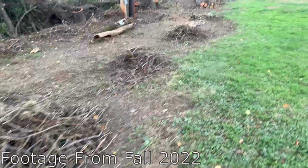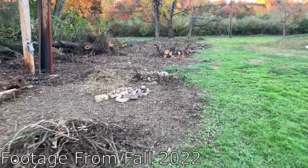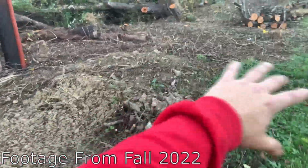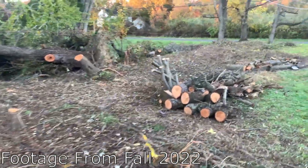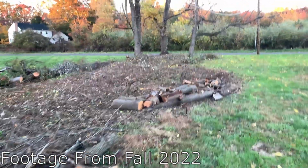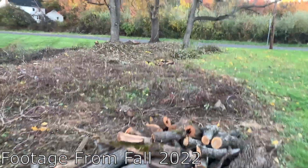Bunch of brush piles, been raking up. Get those all burned. And again, walking all the way down here. I gotta pick all these rocks out and spread this topsoil out. Lots of wood over here that I gotta split and burn. And then all the way down here, I was hitting all this with the brush cutter and